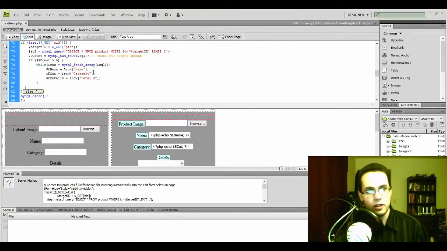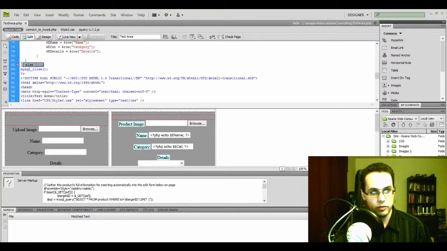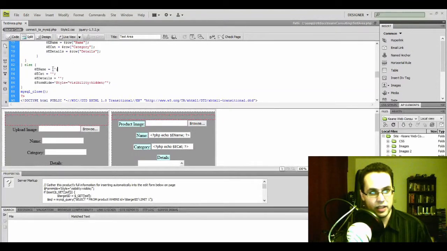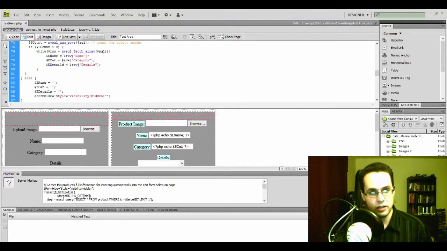Okay, so now, of course, we go through the while loop and try to bring that one item onto the field. Else, if we don't have that one item, then we're going to clear all the values. And also else if we didn't get a PID. If we didn't get a PID, or there were no values,